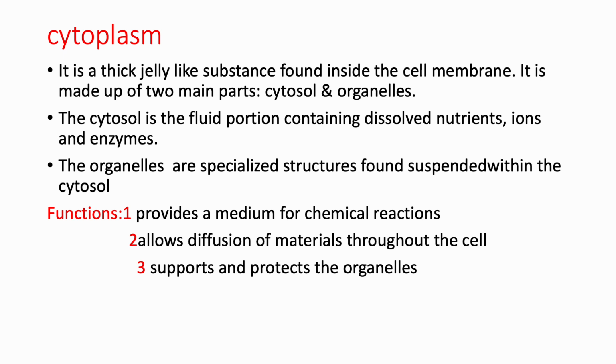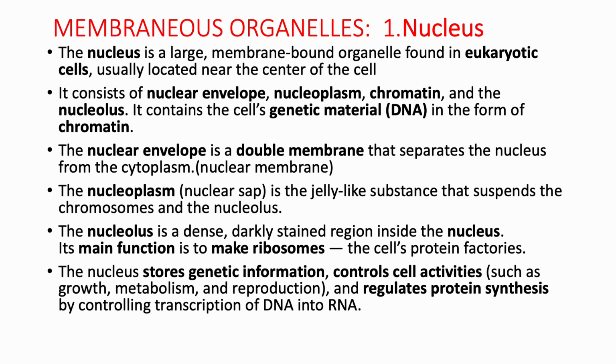We can discuss the cell organelles. We can start with the membranous organelles, those that have membranes. Number one is the nucleus, which is a large membrane-bound organelle found in eukaryotic cells, usually located at the center of the cell. It contains the nuclear envelope, nucleoplasm, chromatin, and the nucleolus. It also contains the genetic material, the DNA, in the form of chromatin, just dispersed like that. The nuclear envelope is a double membrane